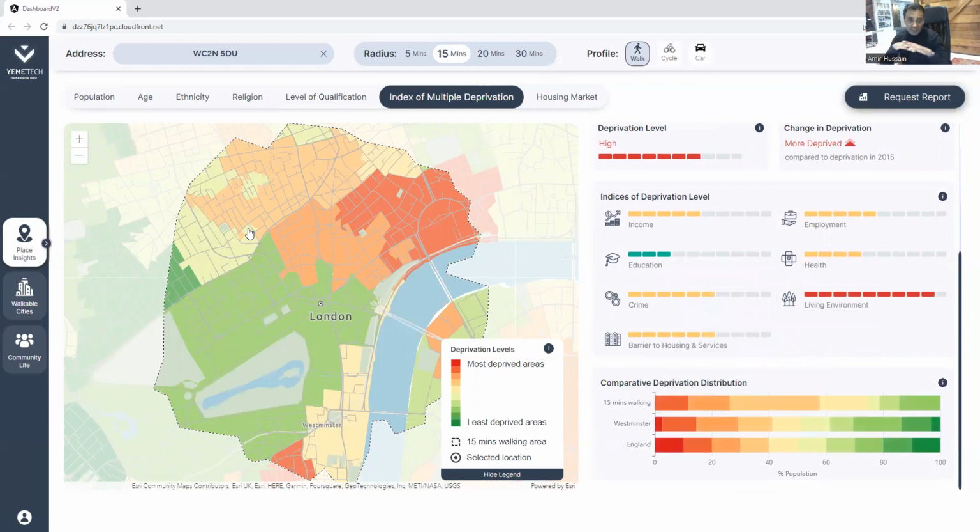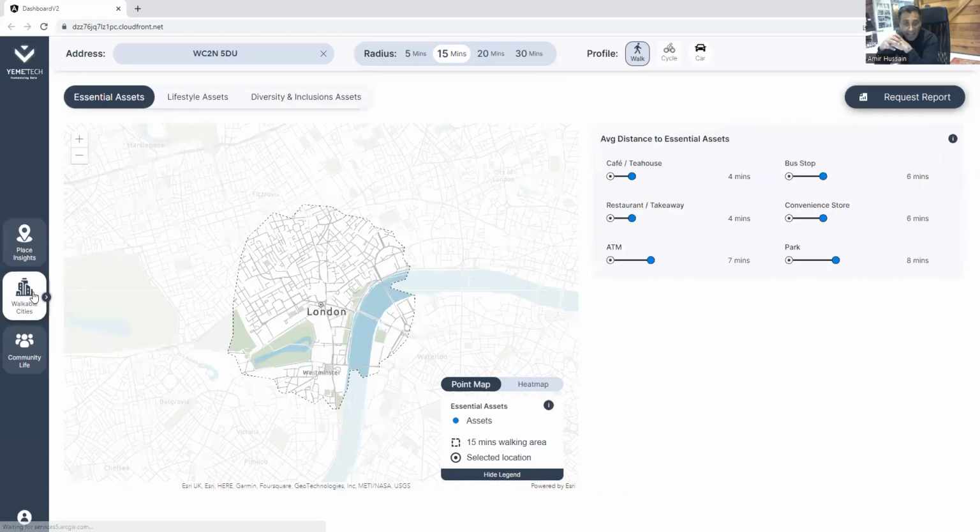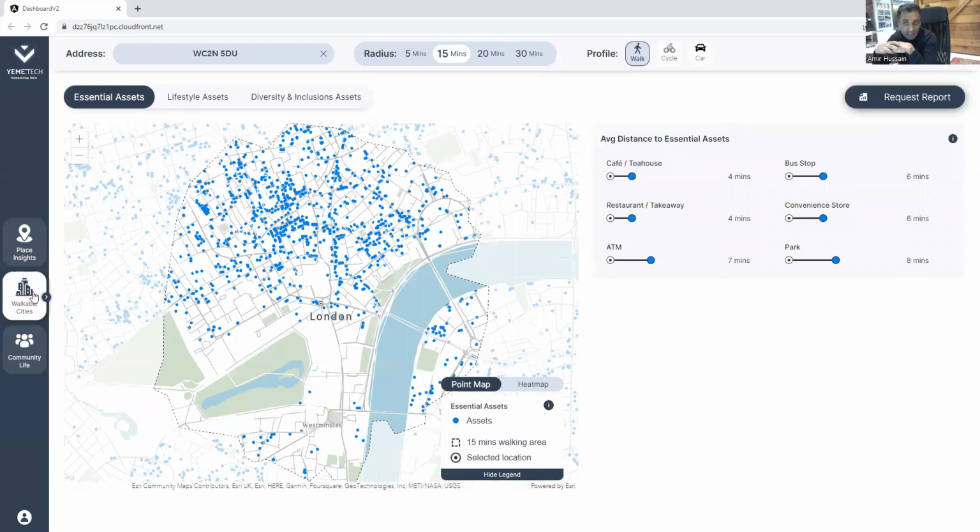So that gives us an understanding of the baseline demographics within that chosen area. We can then identify how well served this community is by the assets and facilities around them. In other words, to what extent can we create a walkable neighborhood around our assets and around our site? So we go through the categorization of essential assets and lifestyle assets. These are things that you might need more than once a week. And then through the lens of diversity and inclusion assets to see how it works from the perspective of a